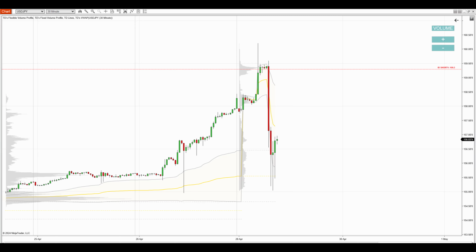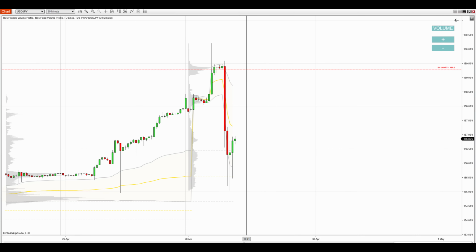What you see before you is NinjaTrader 8 with my custom-made volume profile and VWAP indicators. And the chart before you is US dollar Japanese yen, 30-minute time frame. There has been quite a ride in the night, and this is the crazy sell-off on the US dollar Japanese yen. Market got manipulated, but that manipulation formed a very nice level to go short from, and the level is in here,